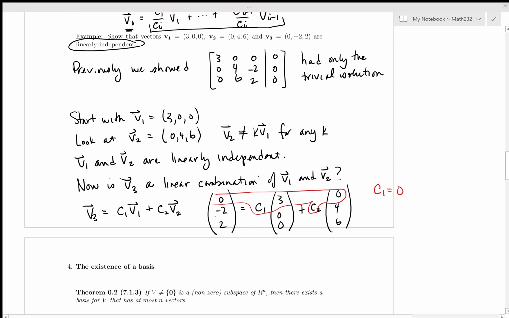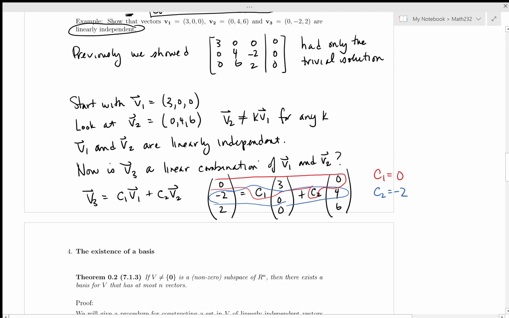Okay, then I will look along the second line. What do I have to do to make minus 2 equal to 0 times C1 plus 4 times C2? That is going to force C2 to be what? Minus 2? Yep, minus 2. But that would imply, since C1 is going to be 0, this guy's toast, that would imply that,